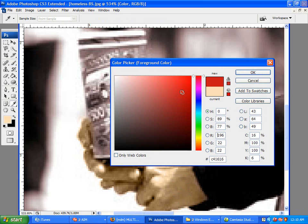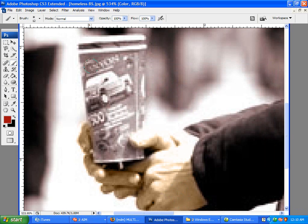I think a nice red color will also work for this cup. So just start coloring it in. Again, staying inside the lines. Really trying not to get it on the fingers. You don't want red fingers. Alright, now